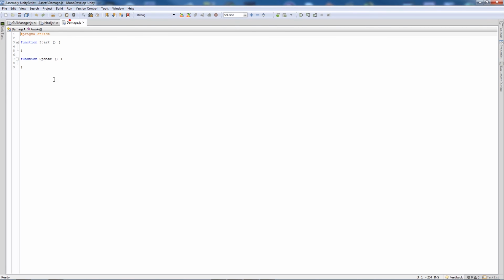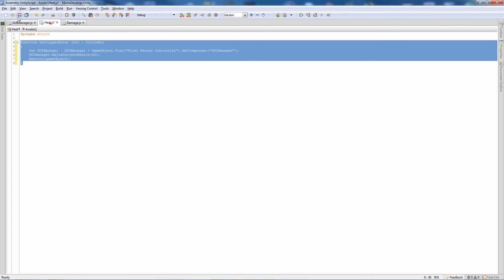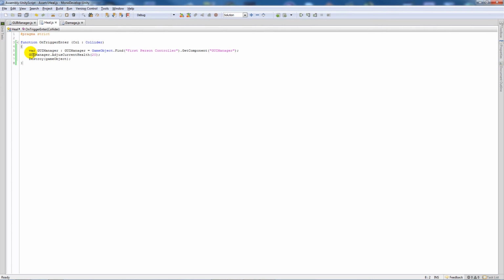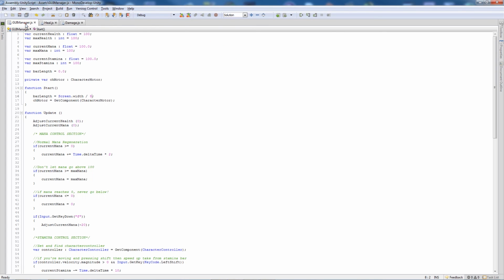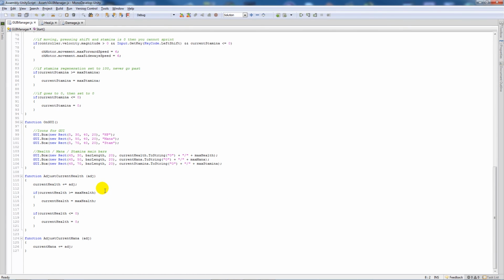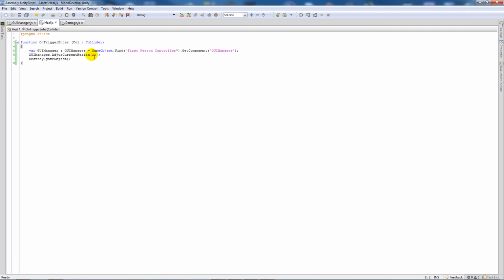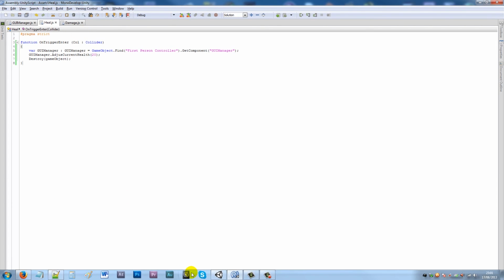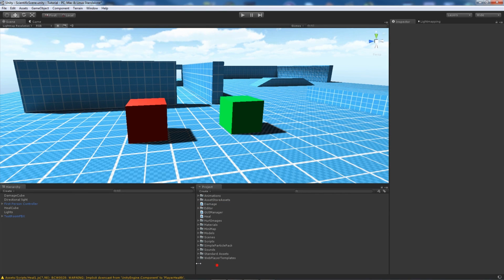Then what we'll do for the damage, we'll put the same thing in, but this time we'll put -20, we'll save that. So what this means is it finds the script that we're looking for in the first person controller, the GUI manager, and then we're going to say, like before in the GUI manager, the adjust current health, and then it adjusts it accordingly. So it's going to adjust it by positive 20. So what I'll do is go back into Unity,